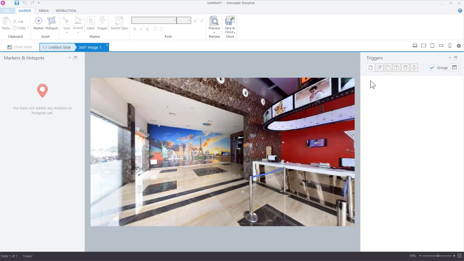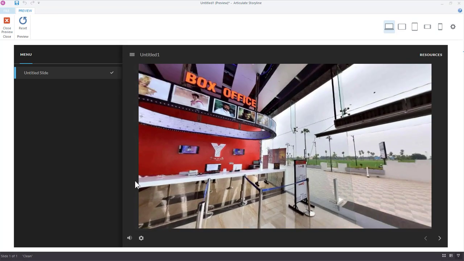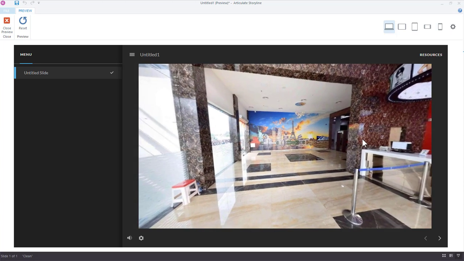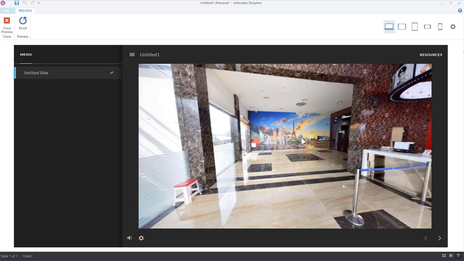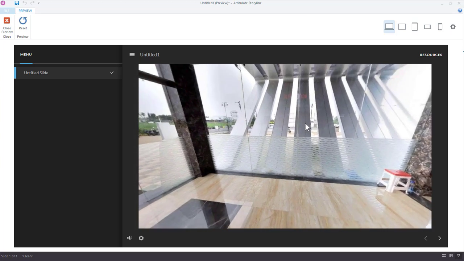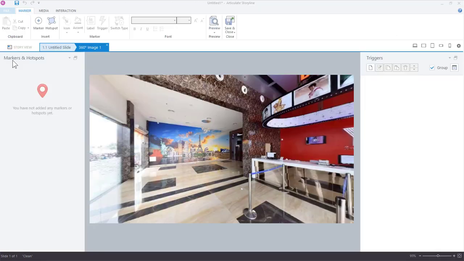If I preview this real quick by just previewing this particular slide, right, just click this, the image will be fully immersive. You can click and drag up and down to see everything in the image. But there's no interactions here right now. We haven't added any interactive objects, but we could still explore all of this image by just clicking and dragging here on our slide. Let's go ahead and just add those interactive objects.